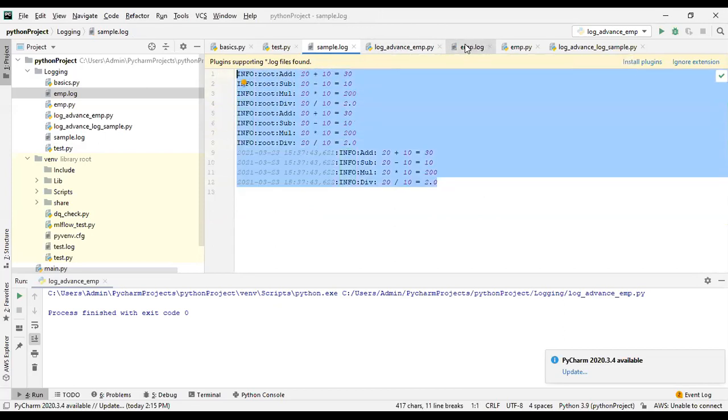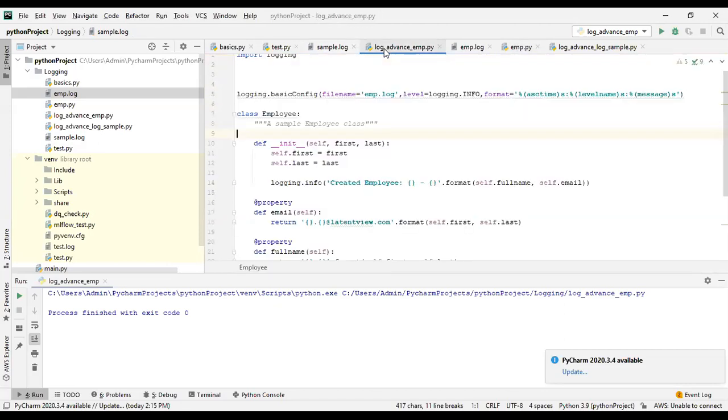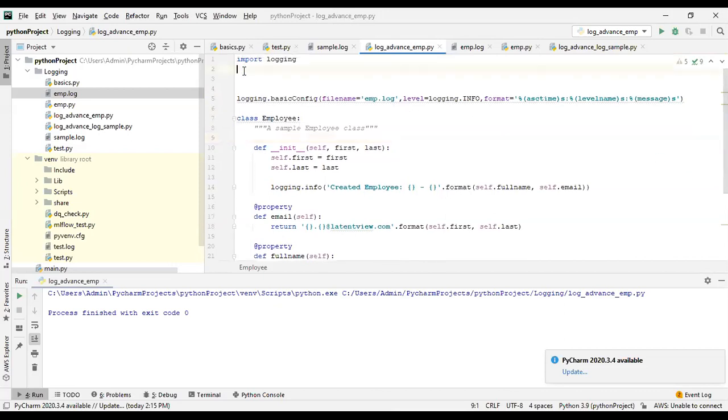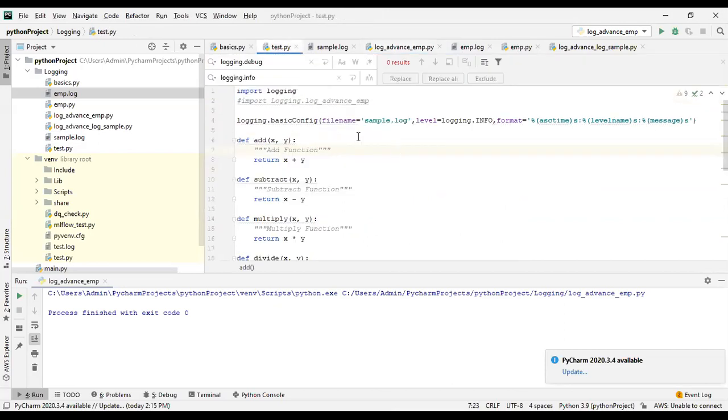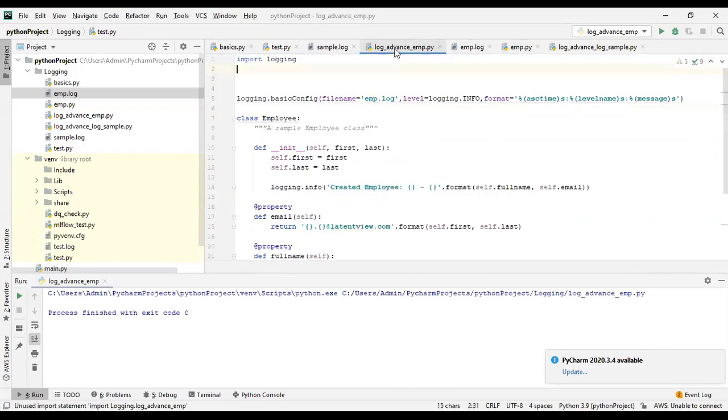Let's say I have a file here, and I'm logging to the employee log file. So I'll go to the test file and import this employee file, this log advanced emp file here.